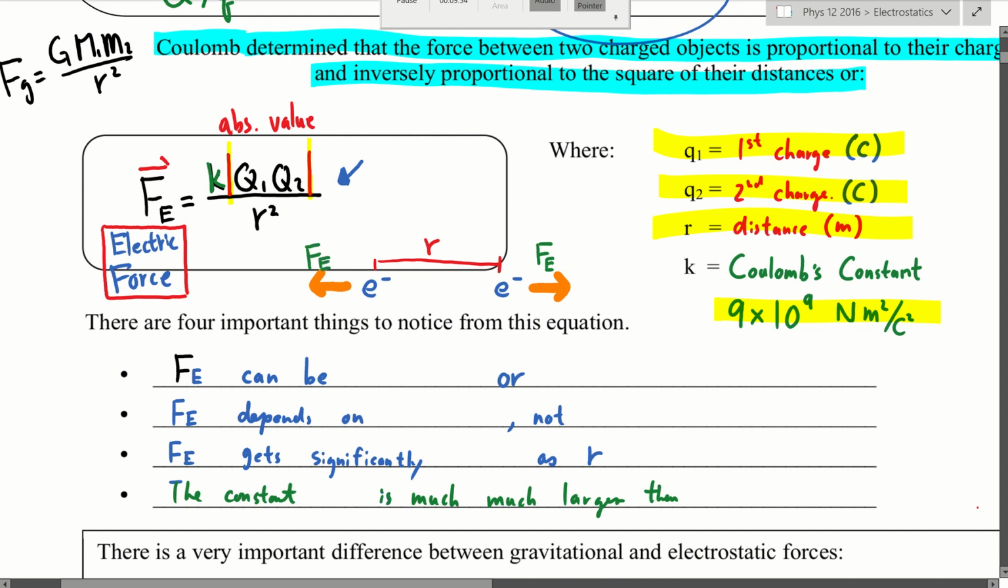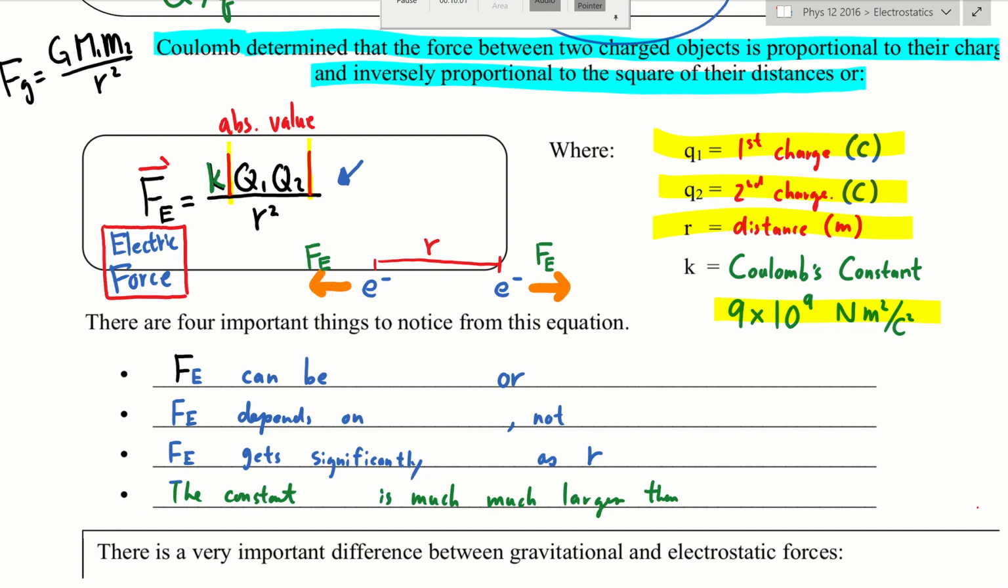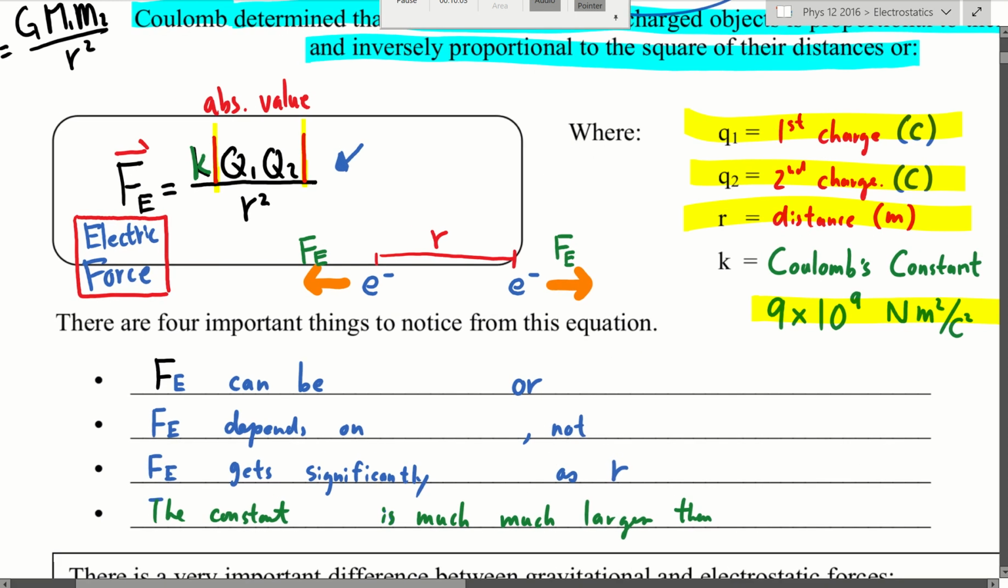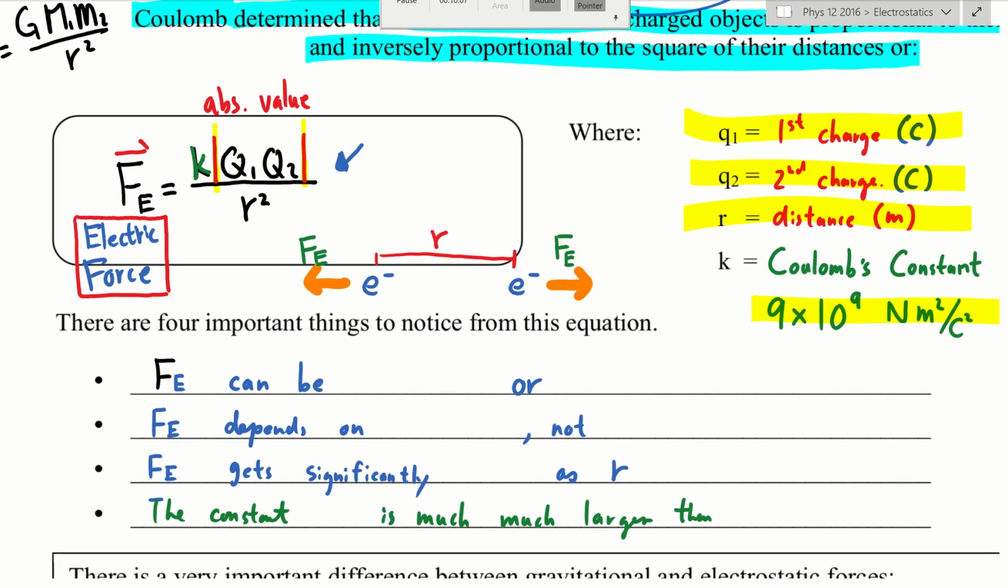But that's good enough. We won't be able to tell the direction. I mean, we can tell the direction by drawing the picture. We know that the electron on the left is going to go to the left. The electron on the right-hand side is going to go onto the right-hand side because they're repelling. However, the equation doesn't actually give us directions at all, because positive in this case could mean left or right,